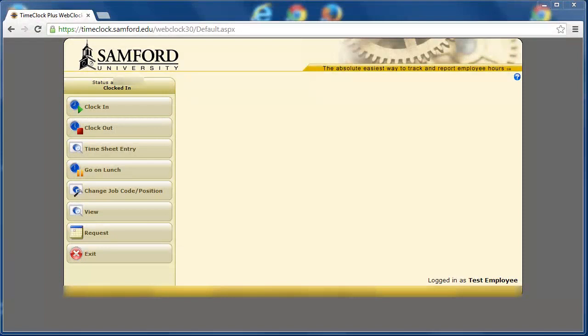From the web clock homepage, we will select the timesheet entry button. The single timesheet method allows us to add a single timesheet and is helpful for a single day of leave. The multiple timesheet method allows us to add multiple timesheets for each day of the selected week and is useful for entering leave with a duration of more than one day, such as a week of vacation or Christmas break. Right now we will select single entry